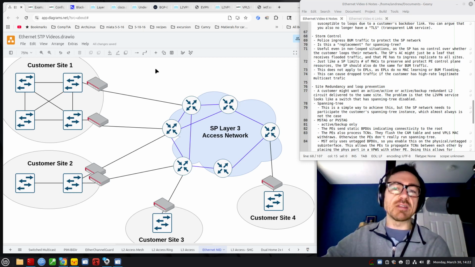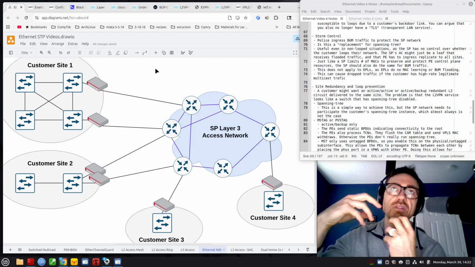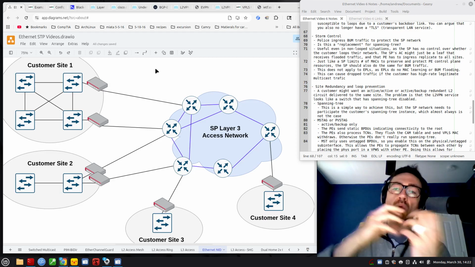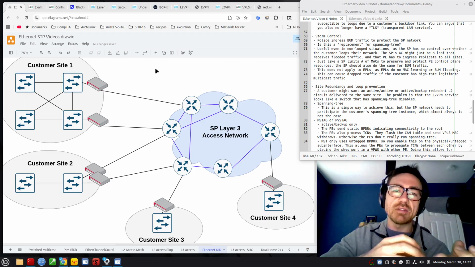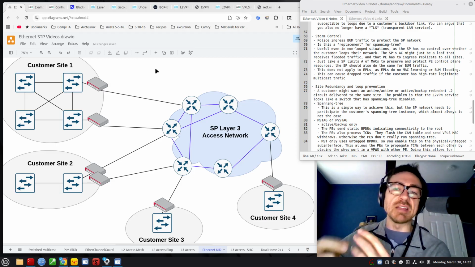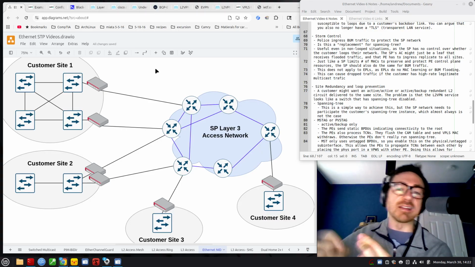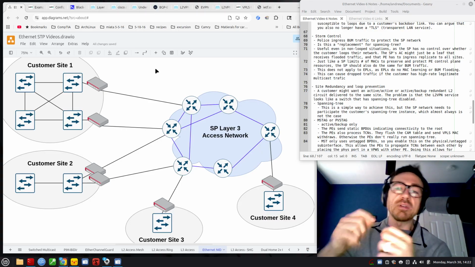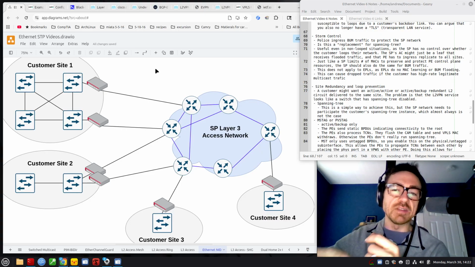These are all things that the service provider does to protect the resources of their PE router, because the service provider needs to ensure that one customer cannot exhaust resources on the PE that then affects other customers that are connected to the same PE. Well, I would say that storm control is another one of these features that we need to consider in the same manner,